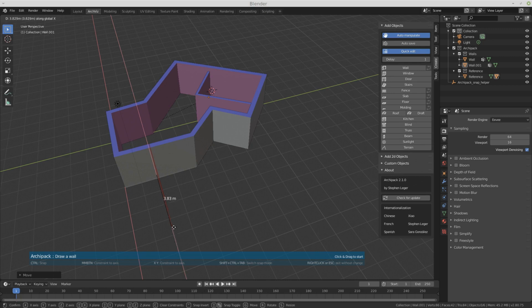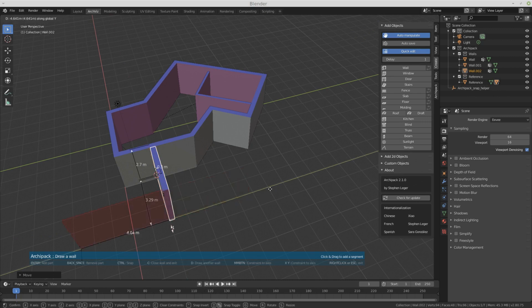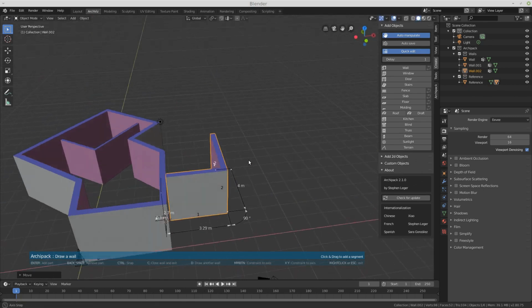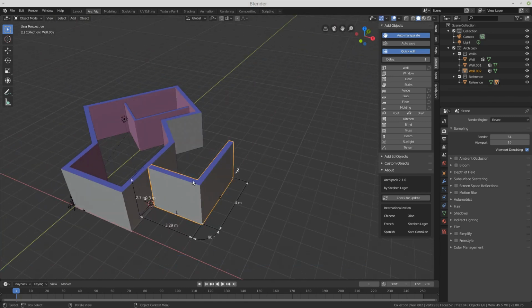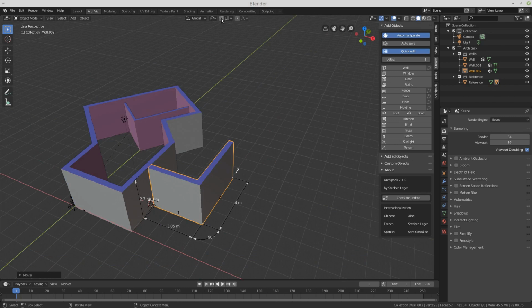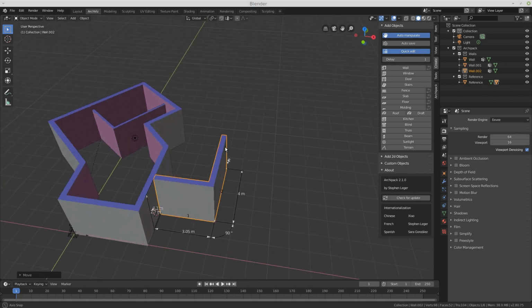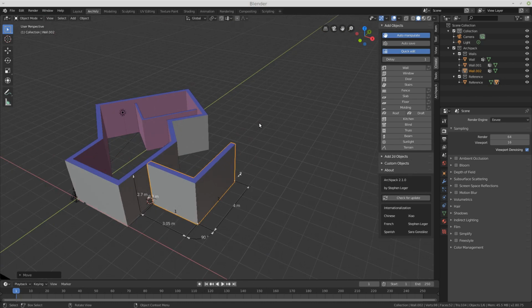Here I see global or local are the same. Pressing Y, maybe I can enter 4 meters and release. And so my new wall will fit the old one. Native snap will interfere with this process, so I disable it. And that's it for the basics of wall creation.